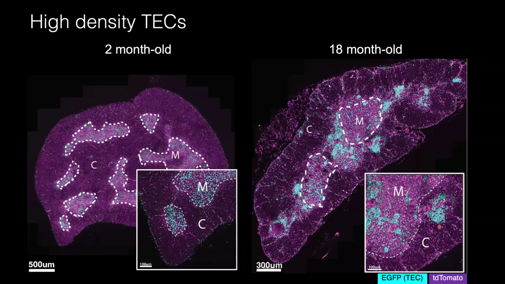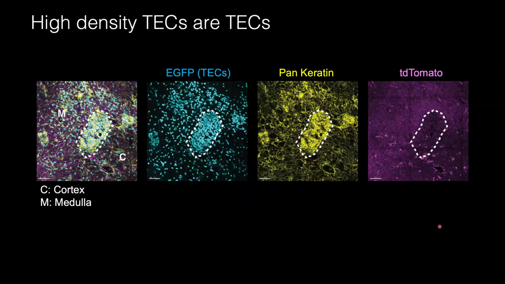Perhaps the reporter allele's been activated in mesenchymal cells or some other problem. But fortunately, Kaylin's very stubborn, or should I say rigorous. And so she went and tried to convince me that this is really a new feature, a new thymic epithelial cell type. And so here you can see that she's taken thymi from these involuted thymus from the age reporter mice and shown